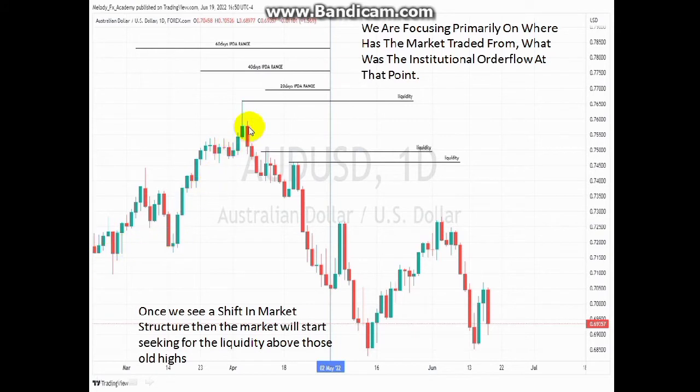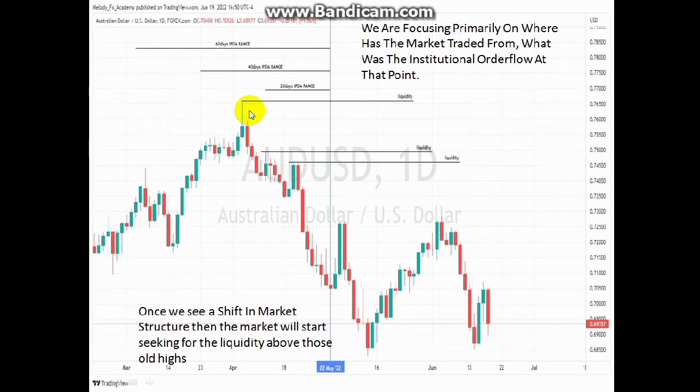Okay, so this is a classical market maker sell model, right? So it went up, and institutional order flow can be said to have been bearish on the Australian dollar in the last 20-40 days. Then once we see a shift in market structure, the market will start seeking the liquidities above those highs. Okay, so now knowing that the market has been bearish in the last 20, 40, 60 trading days,